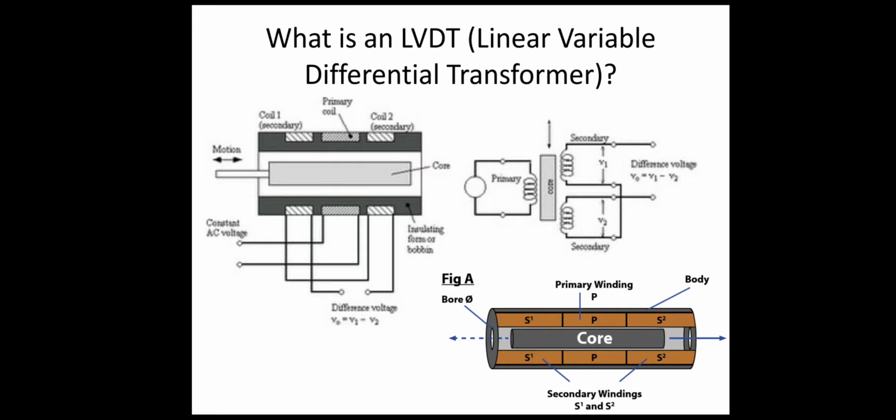So a phase sensitive detector, that is PSD, is a useful circuit to make the measurement direction sensitive. It is connected at the output of the LVDT and compares the phase of the secondary output and the primary signal to judge the direction of the movement. The output of the phase sensitive detector, after low pass filtering, becomes a DC voltage for a steady state deflection.